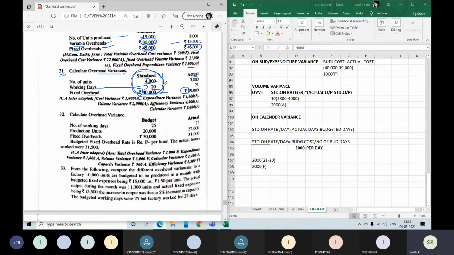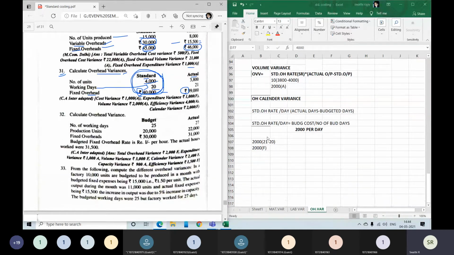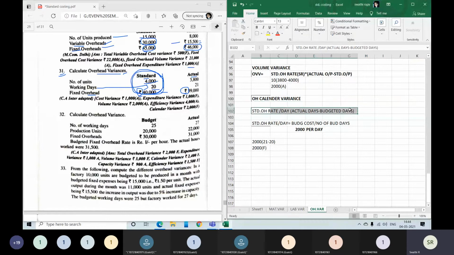It's quite easy. As you keep doing it, you will get it. But the formulas look pretty tricky, it's not as simple as your material variance or labor variance. You have to practice a bit. Only then you will get to know what is what. Calendar variance is done. Now what is the last variance? We have to find out our efficiency variance as well.